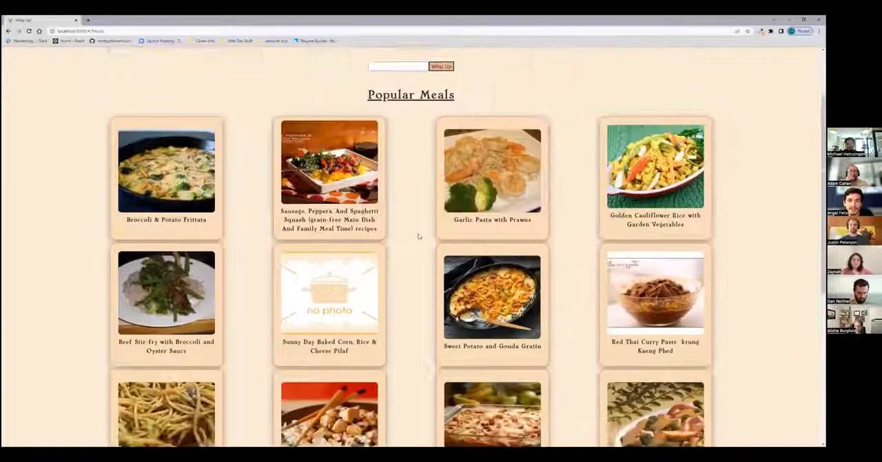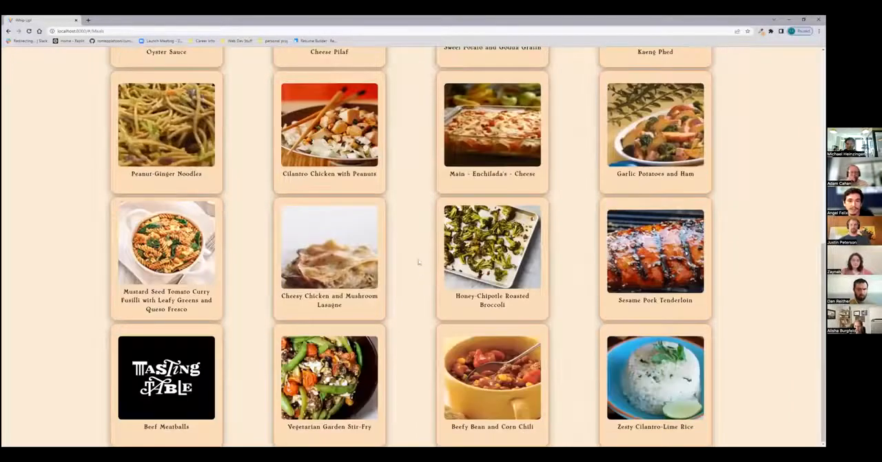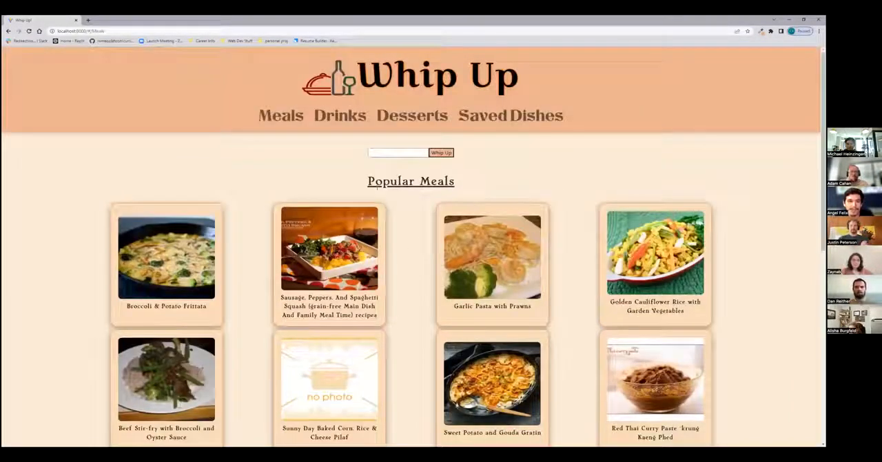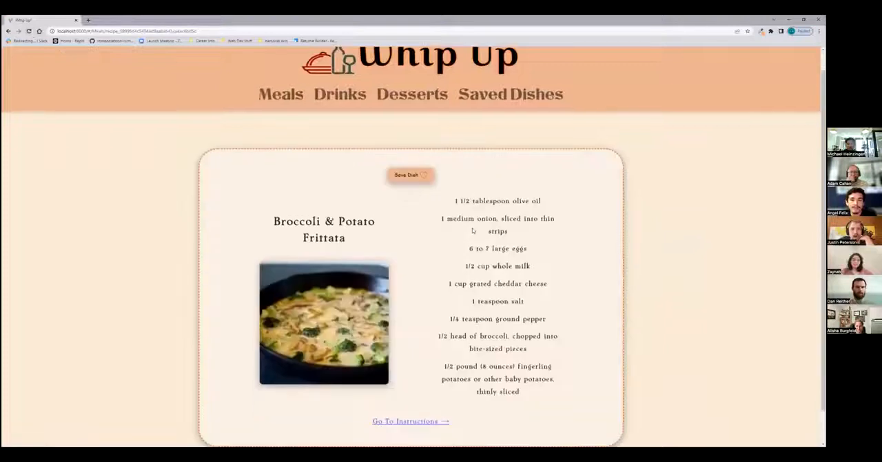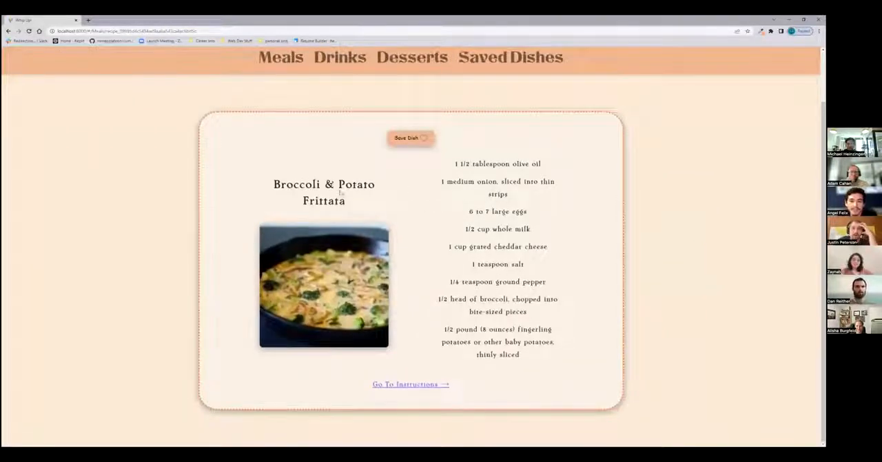So here's a randomly generated 20 popular meals that I get from my Edamame API. It's a really good API that I recommend. It has a lot of good details, and as you can see, when I click this one, I think my internet's running slow, but here you go to the details page, and then here you can see